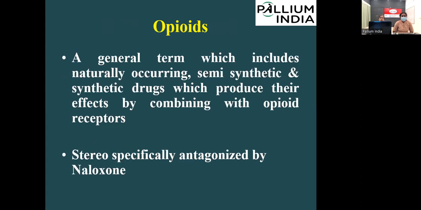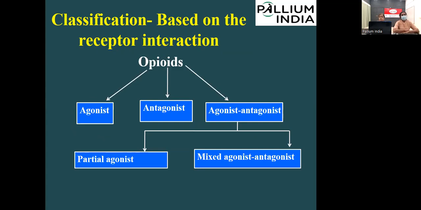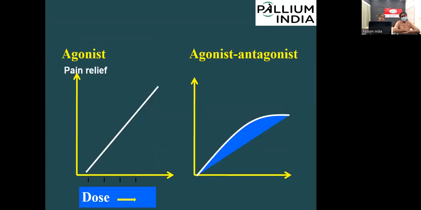There are certain terms that we use when we talk about opioids: naturally occurring, semi-synthetic, synthetic. We'll see a little bit of pharmacology so that you will understand why I want to give pentazocine or morphine. There are different receptors for opioids. Mu, kappa, and delta are the important ones. Sigma is not really documented, but mu, kappa, and delta are the significant opioid receptors. And where all they are, and what kinds of receptors there are, you might have learned in pharmacology: agonist, antagonist, and a combination of agonist and antagonist. I'm not confusing you a lot with this,